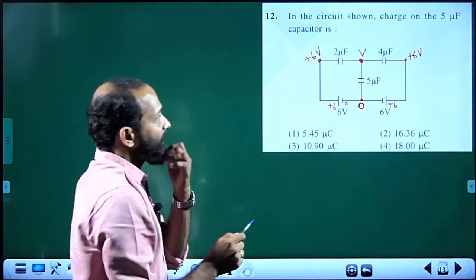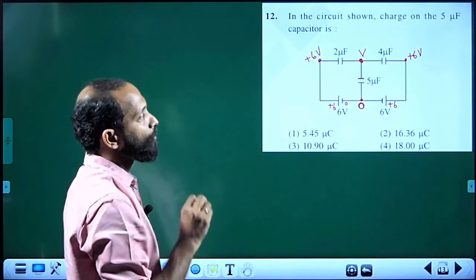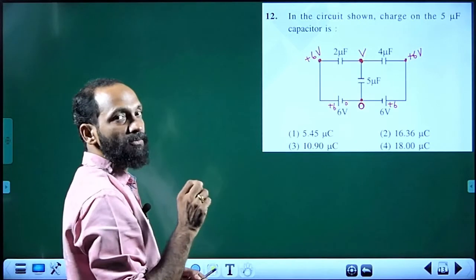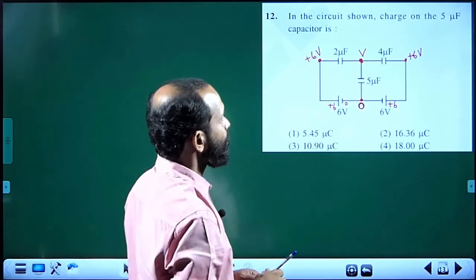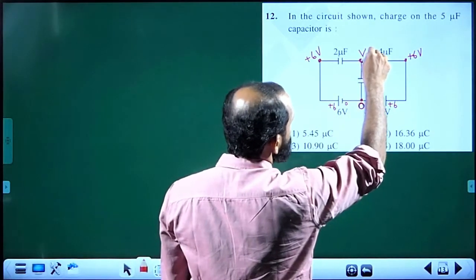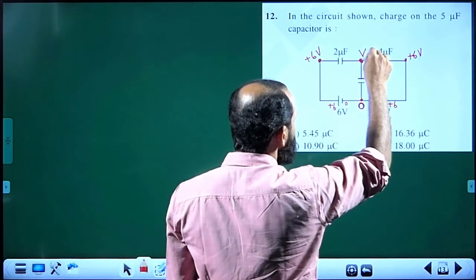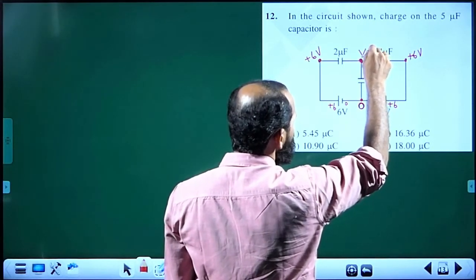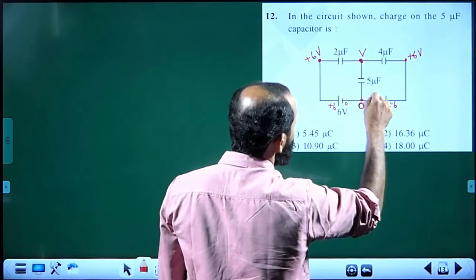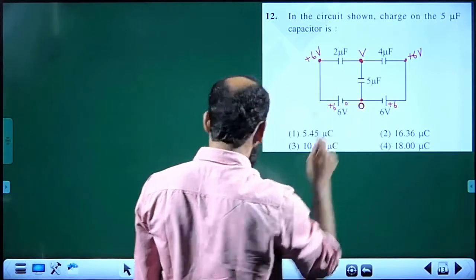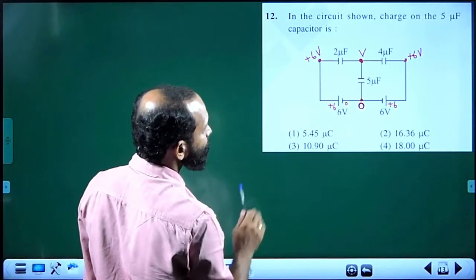Now, at any junction, for evaluating the potential, we have to use the junction rule, Kirchhoff's junction rule, that is conservation of charge. The algebraic sum of charges at the junction is 0. So here the total charge at this point must sum up to 0. For finding the potential at the junction, we need to know the potentials at the ends, one here, one here, one here. Now, writing the rule, the total charge is equal to 0.